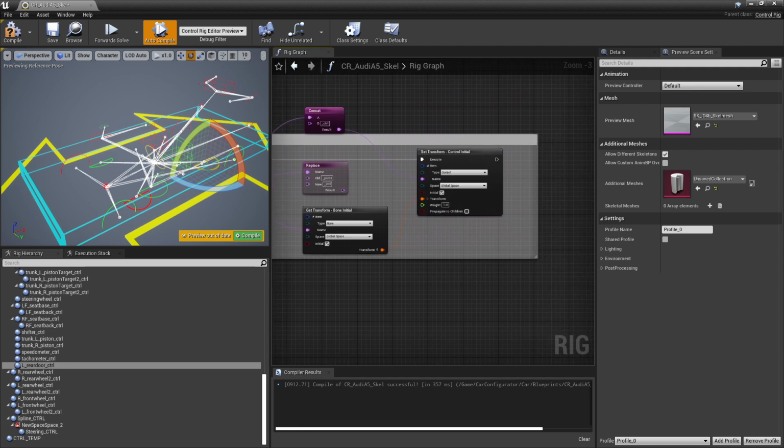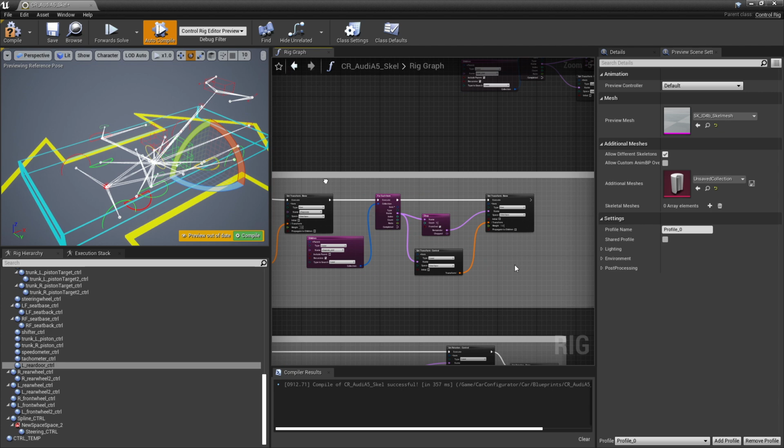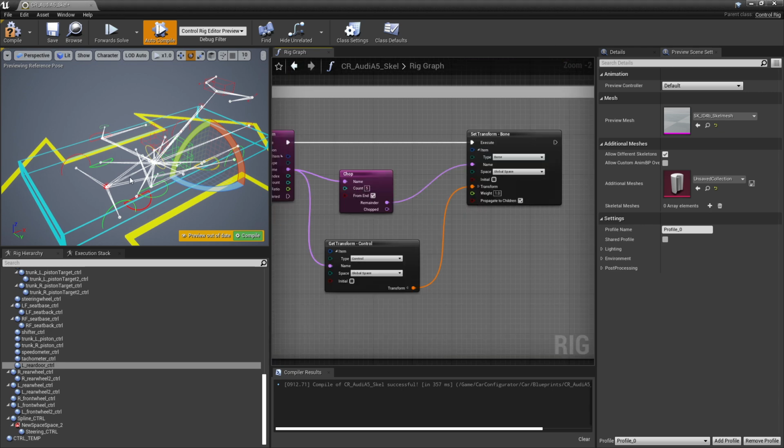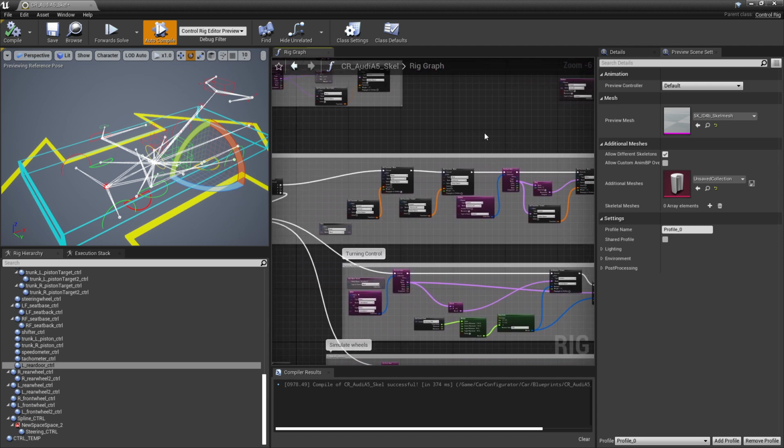Now, the final thing that we're going to do is come down here to our forward solve, and we're going to tell it to propagate to the children bone. And by doing that, now when I rotate that handle that we just added, you can see that bone goes along for the ride. So with that done, we can go ahead and compile this, and we've basically set up the control rig. We added in the extra bone, and all the offsets are now correct for the ID4. So it's that simple to modify the way the skeletal structure works in a control rig.